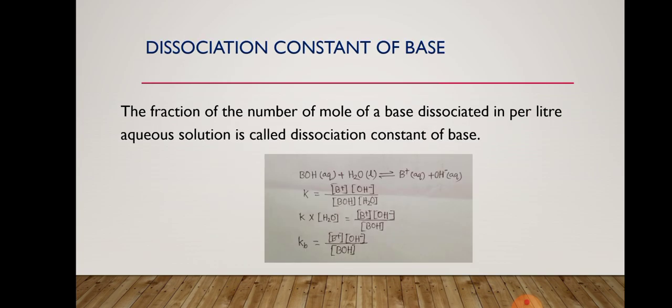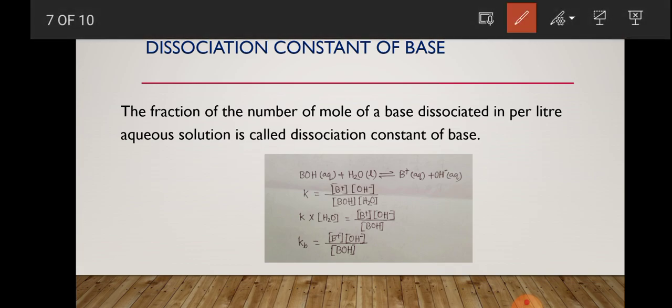Now I would like to discuss the dissociation constant of base. The fraction of the number of moles of a base dissociated per liter of aqueous solution is called the dissociation constant of base. Look here. This is the equation of dissociation of base. Here base BOH dissociates into B plus and hydroxide ion, OH minus ion,